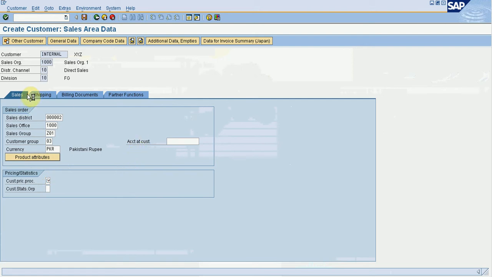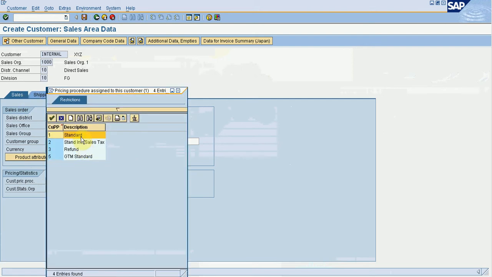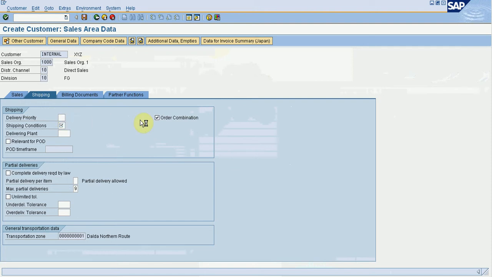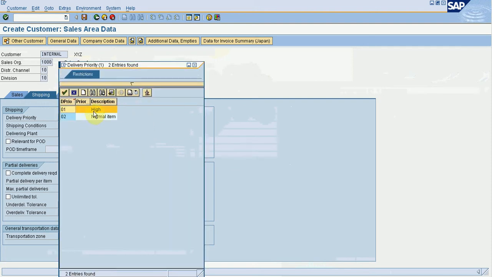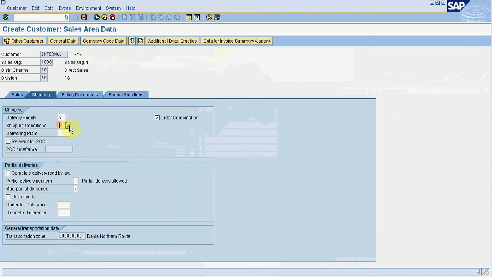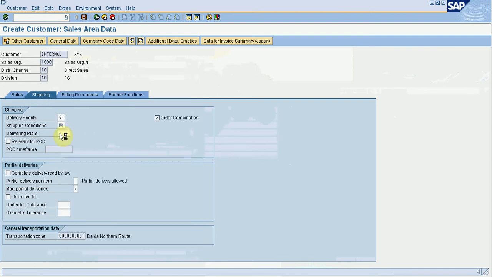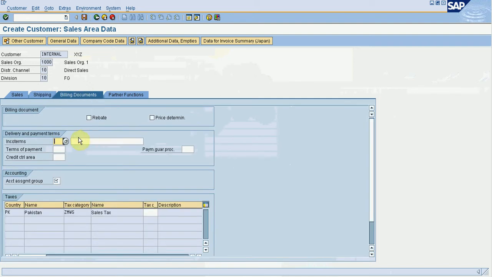Customer pricing procedure, I'm going to use the standard one. Shipping tab, delivery priority, it is high. Shipping conditions, it is standard. Delivery plant is Z101. Whether this customer is relevant for proof of delivery or not, I can also mention here.